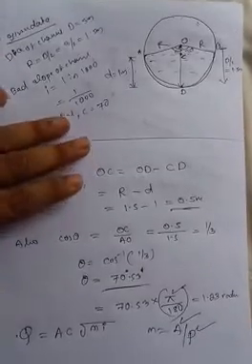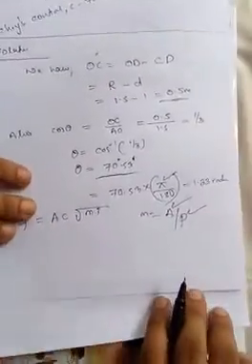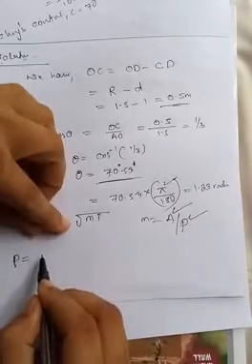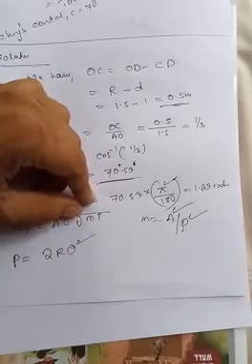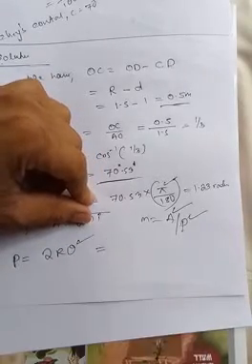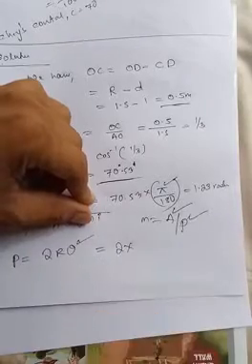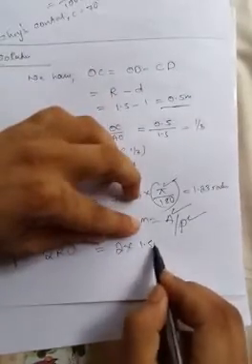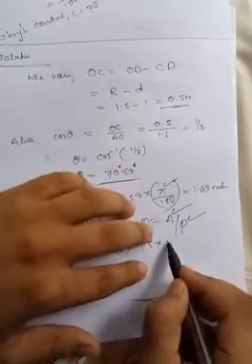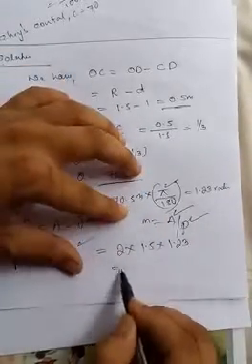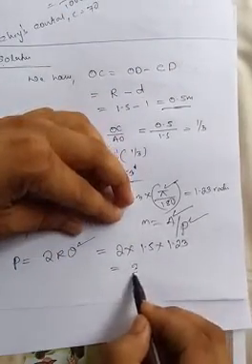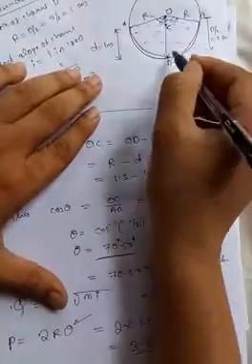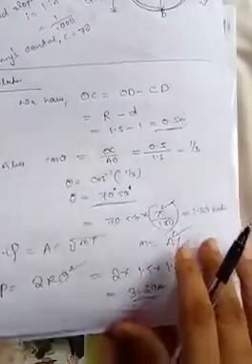So the equation for the wetted perimeter: P is equal to 2 into R theta, right? This theta should be in radians. So 2 into radius. What is the radius? Radius will be 1.5 meter and theta will be in radian, 1.23. Just check the values. So you got the value: the wetted perimeter is 3.69 meter. This value from A to D, D to B is 3.69 meter.